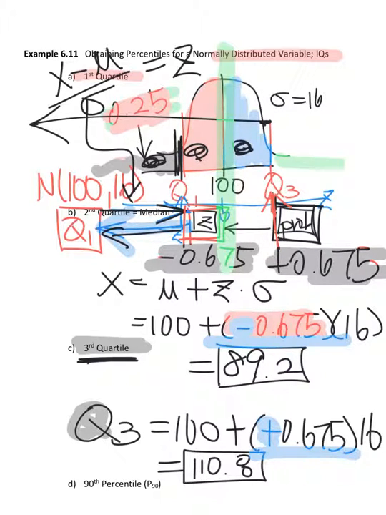The second question, part B, asks us for the median. Already you answered 100. In a symmetrical normal distribution, the mean and the median are the same. Okay? And the very last one,